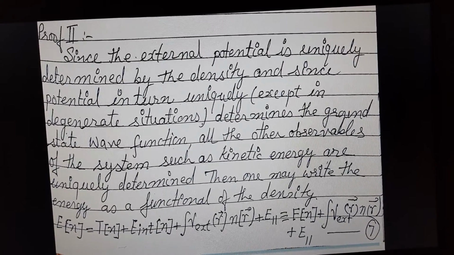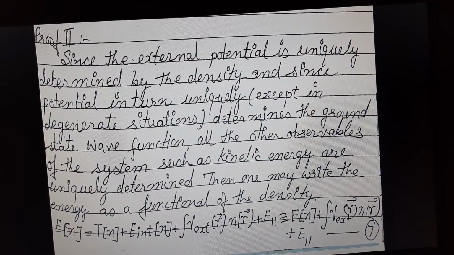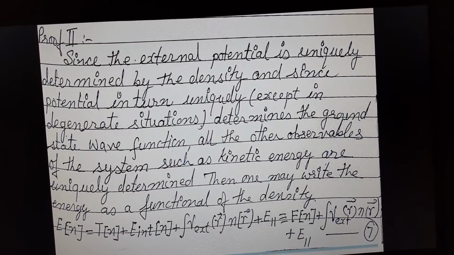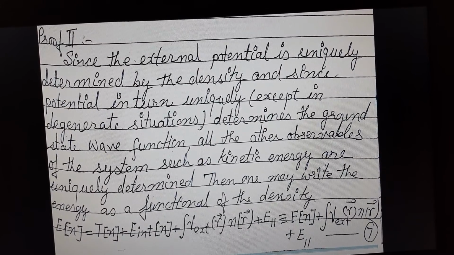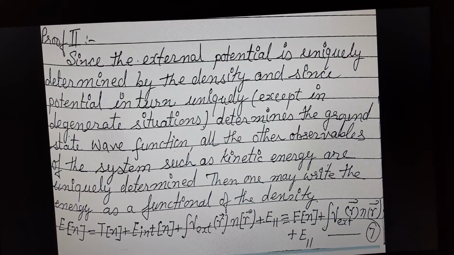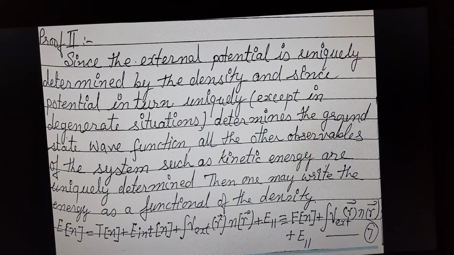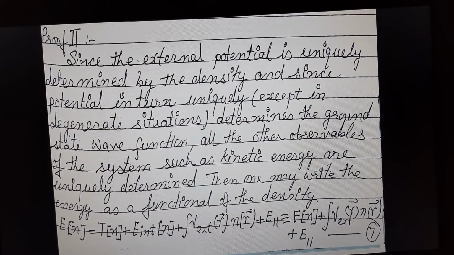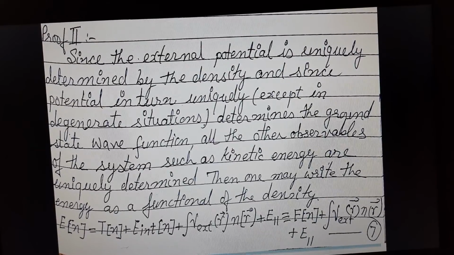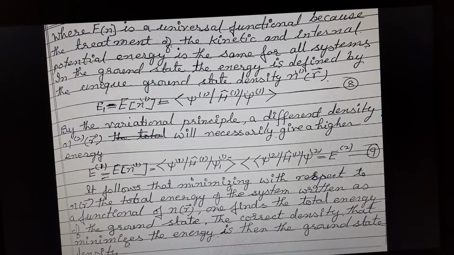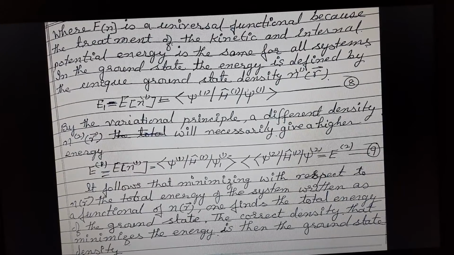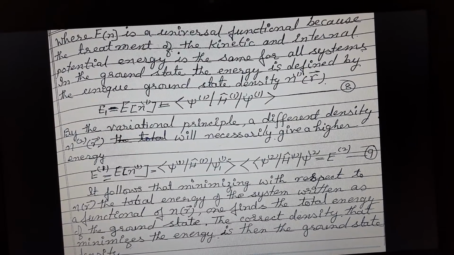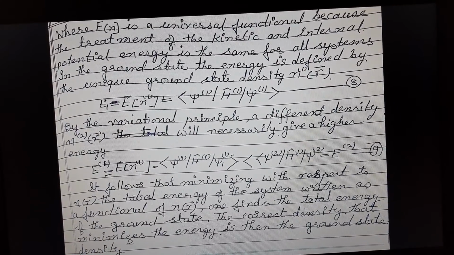E[n] is equal to T[n] plus E internal[n] plus the integration of V external(r) n(r) dr plus E2, which is equal to F[n] plus the integration of V external(r) n(r) dr plus E2. Equation number 7. Where F[n] is a universal functional because the treatment of the kinetic and internal potential energy is the same for